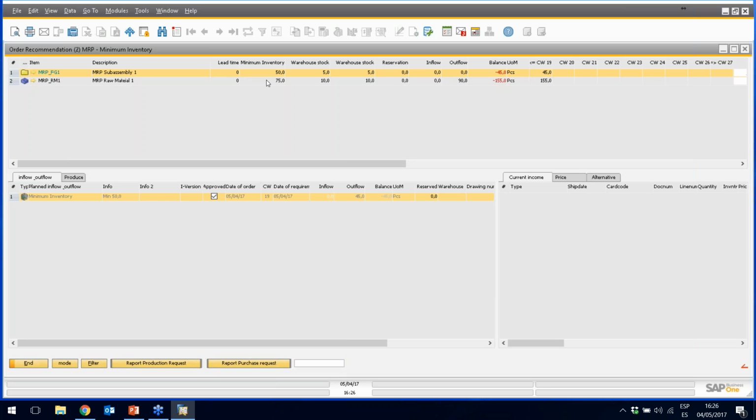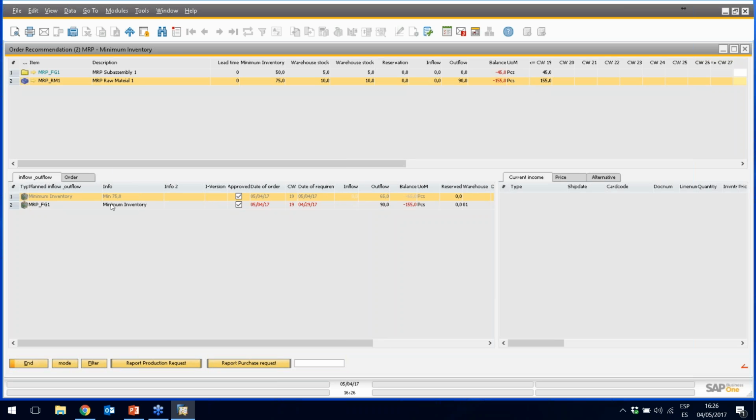Okay, and in the second one, in the raw material, we have a different thing, because as you can see, we have a minimum inventory that is for this item, that is only for this item, but also we have another line that is the minimum inventory from the finished good that we have in here, that is related to this one. And because it is 2 items per purchase per finished good, it's going to be twice the 45